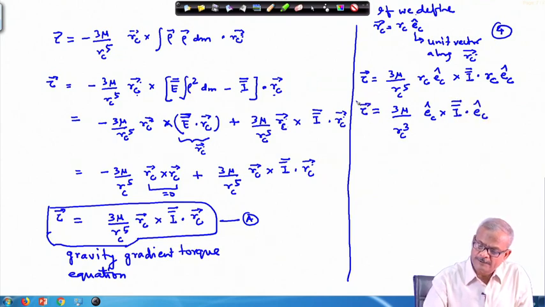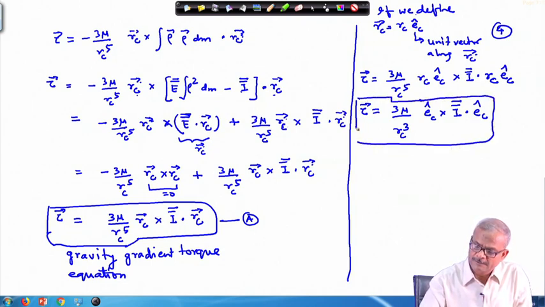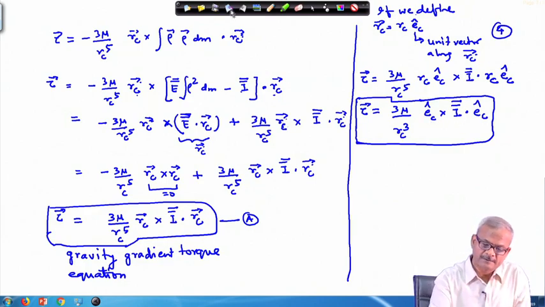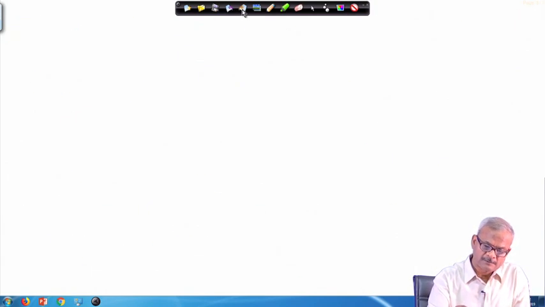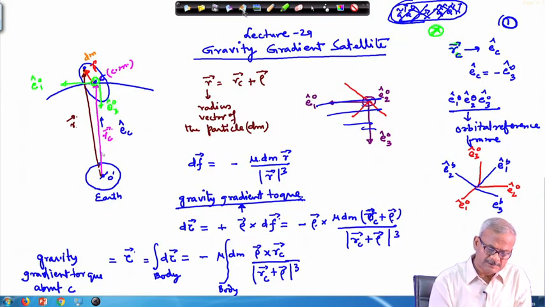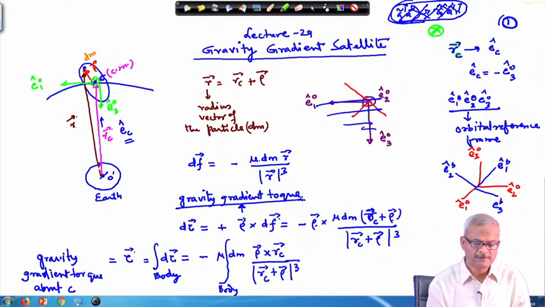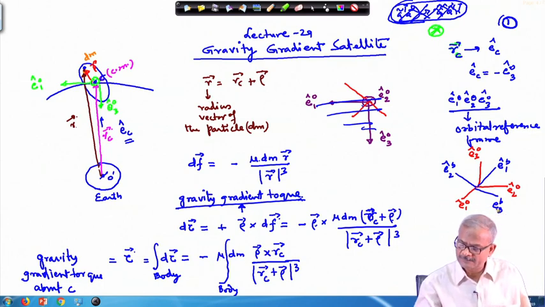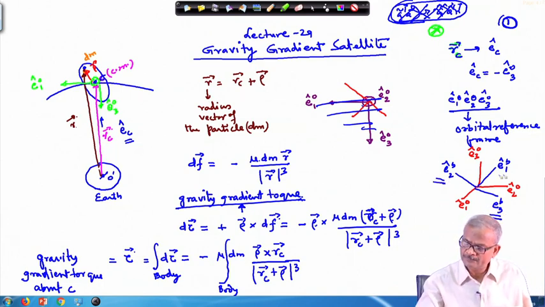So, this is your final equation, but still here if we look into this, this is expressed in terms of this E c vector, which is going from this point to this point. But most of the time we work in terms of the body axis coordinate system, which means we will be working in terms of E1b, E2b and E3b.